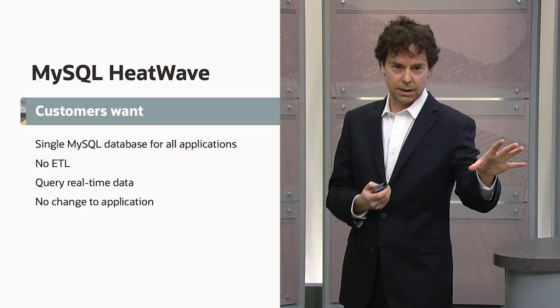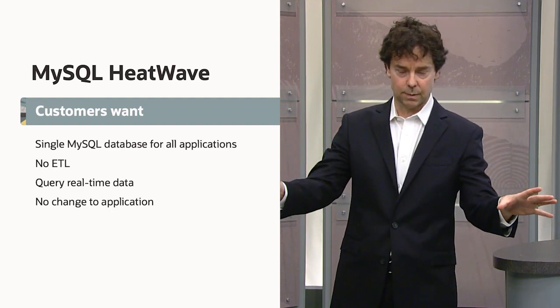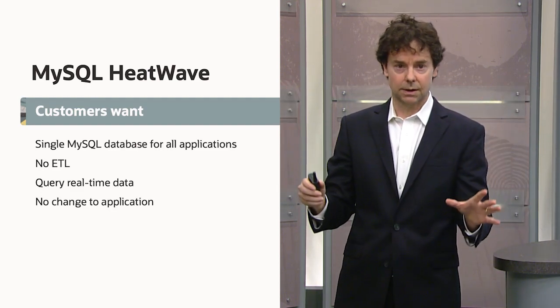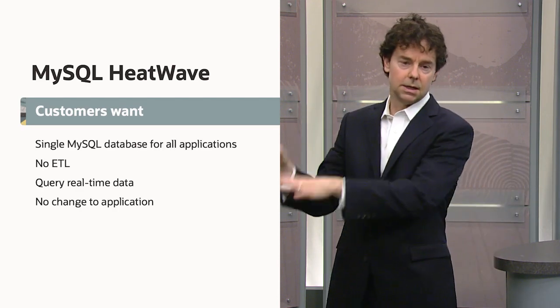So when you have an OLTP system separate from an analytics system, not only do you have to pay for both of those databases, but you have to actually build a lot of ETL to move data from the transaction processing system into the analytics system. When you do that, not only do you have to do the work to build and maintain and manage that ETL flow, but it means that the data that's in your analytics engine is stale. Your queries aren't real time. When you run analytics queries, you're not looking at the latest data from your OLTP system. That makes a big difference.